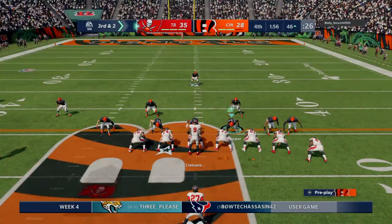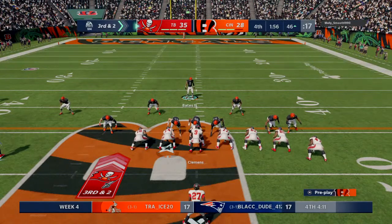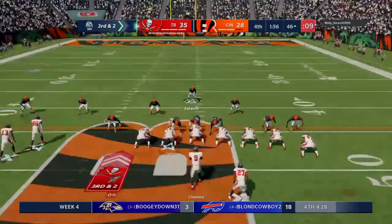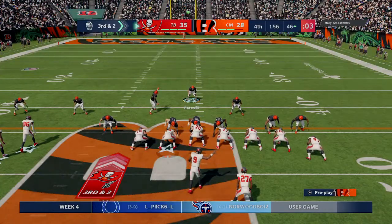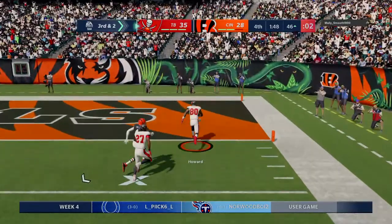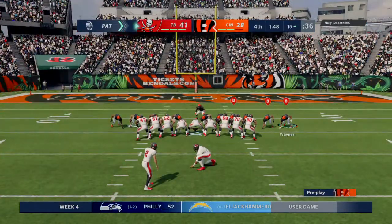This is a big 3rd down, and you'd have to think we'd see a timeout right away if they can't stop him here. From the gun, Clemens, and he's got a man. It's the tight end Howard, complete. Touchdown, Tampa Bay. O.J. Howard, his 2nd touchdown of the game, his 3rd on the year, as the Buccaneers tack